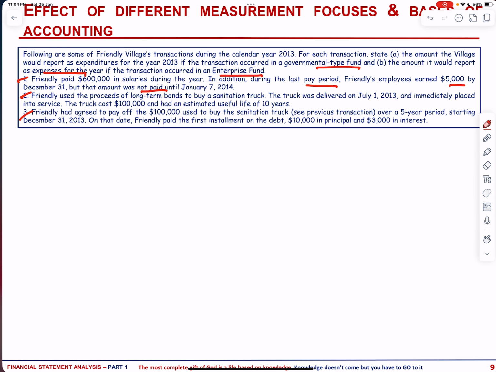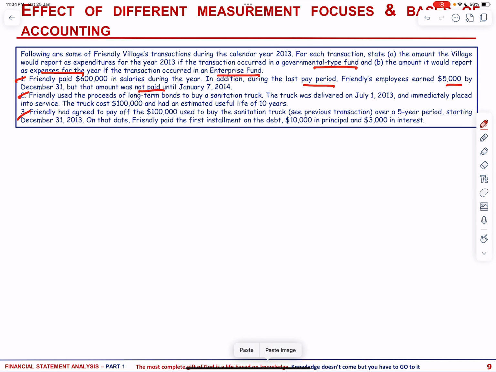Additionally, the employees earned 5,000 during the last pay period of 2013, but this amount was not paid until January 7, 2014. So let us break it into the government fund,